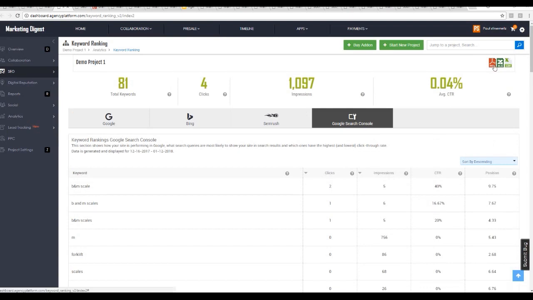You can PDF this report out, pull it out in Excel, pull it out in CSV. Again, this much information for a typical client is way too much information, which is why there's the PDF report that is available for the entire campaign that's reported on either on a weekly or monthly basis. But for you as an agency, if you're wanting to go in depth as possible into a keyword rankings dashboard,